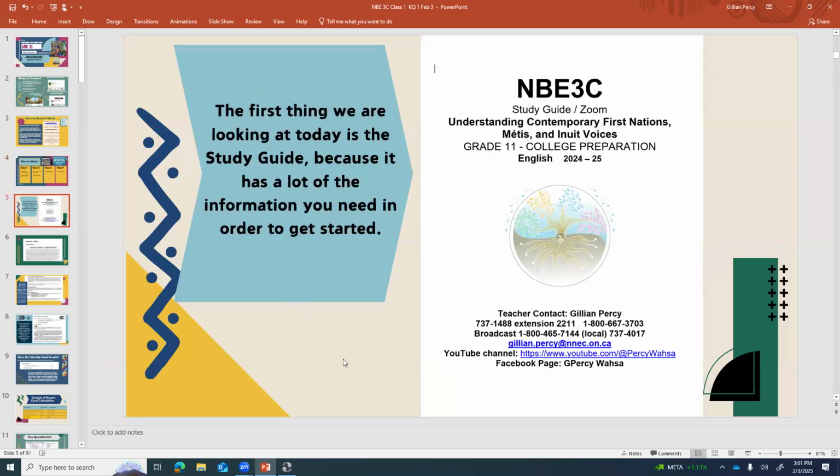Okay. So right now we're in the study guide. It's got a lot of the information you need in order to get started. It doesn't have any assignments, but does have a lot of the stuff that you need to start, okay? Right here, you can see a bunch of the most basic information that we just went over. So if you're ever stuck and thinking, I can't figure out how to get to her, this is what you would do. You would just give me a phone call or send me a note on the Facebook. Yep, or a note to my email there, okay?